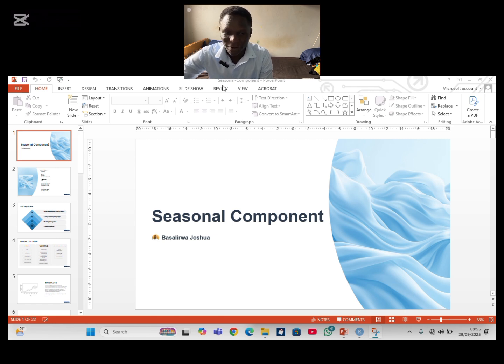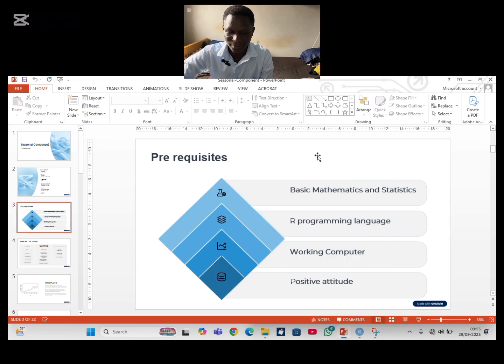Before we go any further, allow me to tell you the prerequisites for this presentation. One, you should have some basic mathematics and statistics, and we are going to use the language R. It's statistical software. I believe the majority of you know it. Of course, you should have a working computer and also a positive attitude, because there will be a lot to